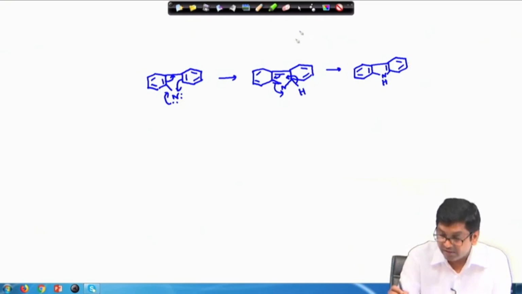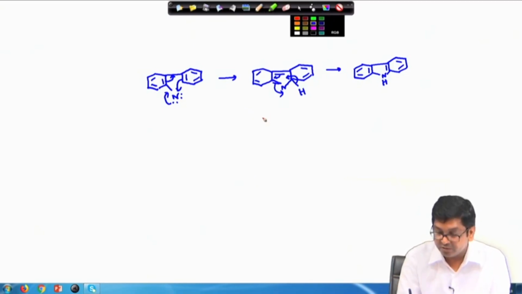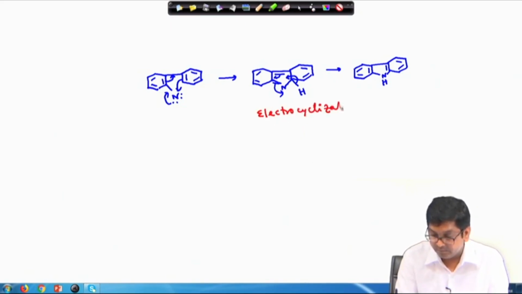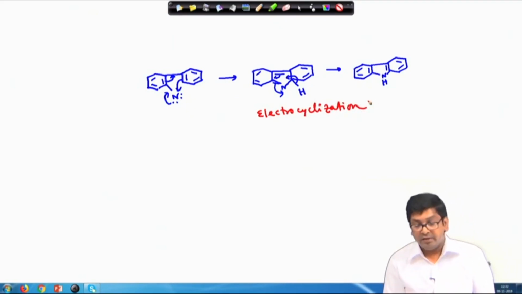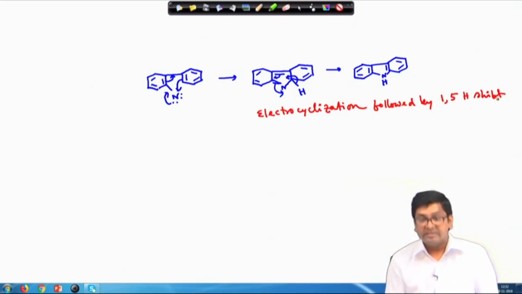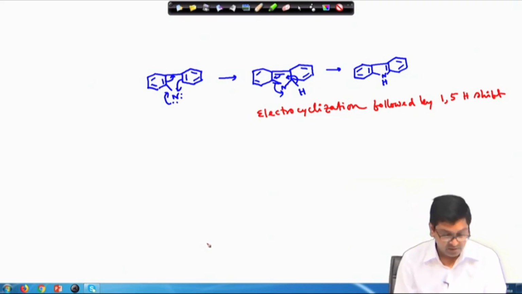Okay. So, here what is happening? First is this electrocyclization, followed by the 1,5 hydrogen shift. 1, 2, 3, 4, 5. So, electrocyclization followed by 1,5 hydrogen shift. Okay. In similar fashion, if we take another example, this